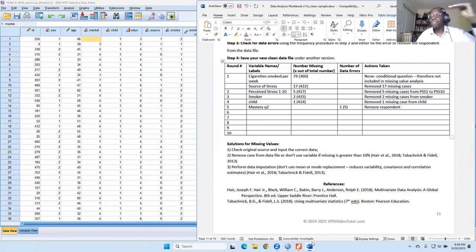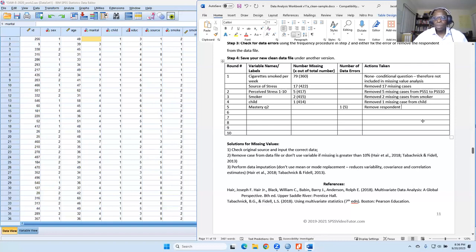They had an invalid data point, and we had to delete that data point because we went back to the original source, and the original source was 5. They put in an invalid data point. We can't use that, so we delete it. But now we have a respondent 256 who has missing data, and we don't want anyone with missing data.